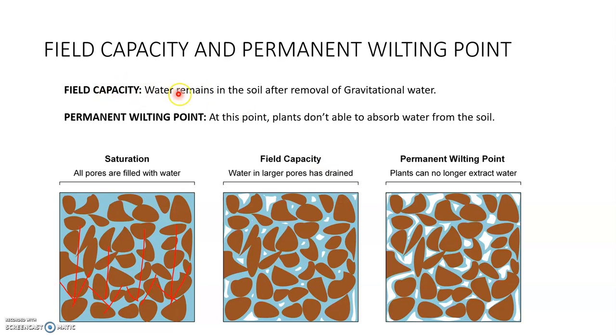That's what I discussed in this point. The amount of water that remains in the soil after the removal of gravitational water is called field capacity. There will be no downward movement in this condition, and this water is available to the plants. You can see there are gases, there is water, and there are soil particles. So this is a good condition for plants to grow. If you irrigate up to the saturation level, then the plant will not be able to get gases inside the soil, so it will not be good for plants. So we have to maintain field capacity always.